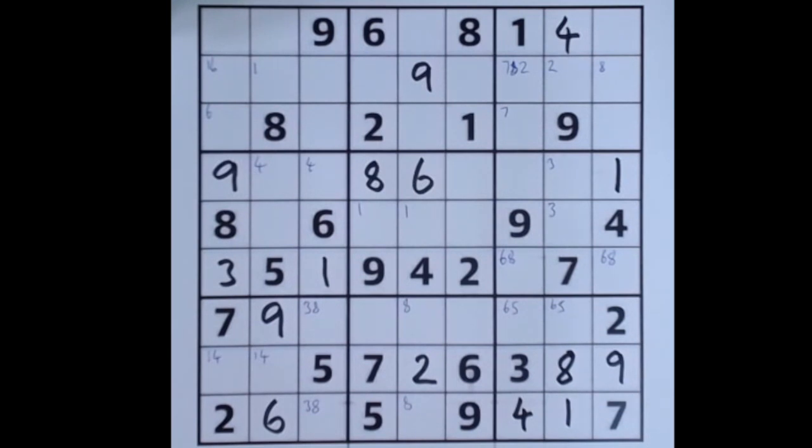What else? What's missing there? 2, 5. I'm not going at particularly high speed this morning. Actually, I'm not feeling very energetic today, but never mind. Okay, let's put in